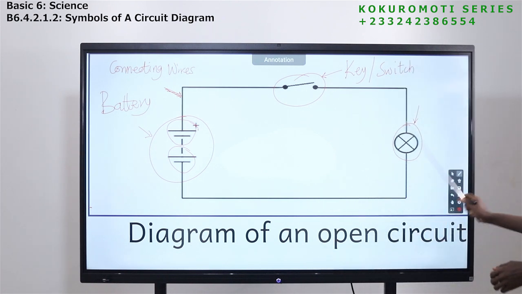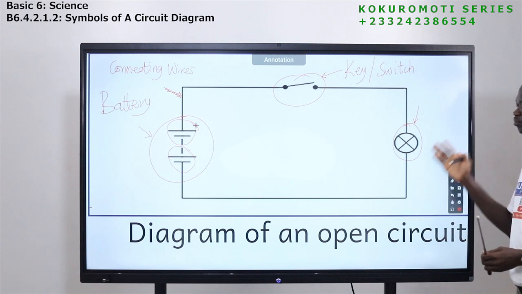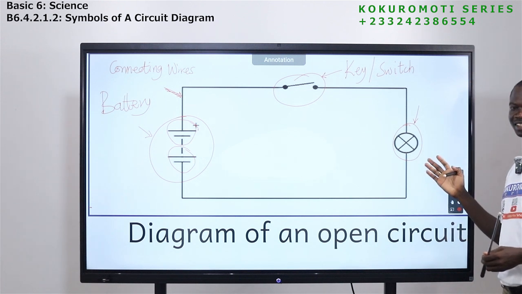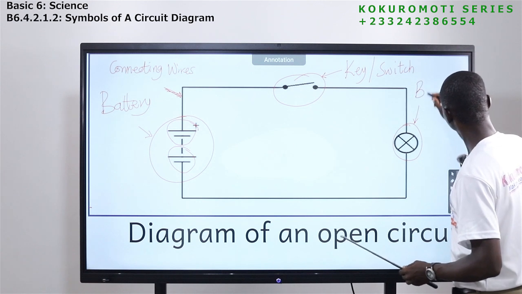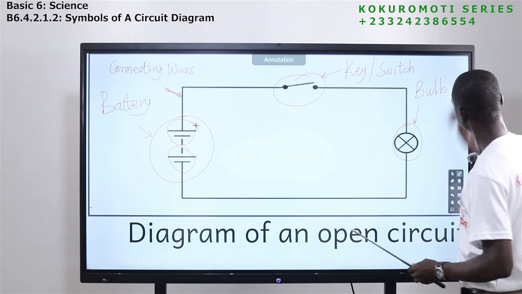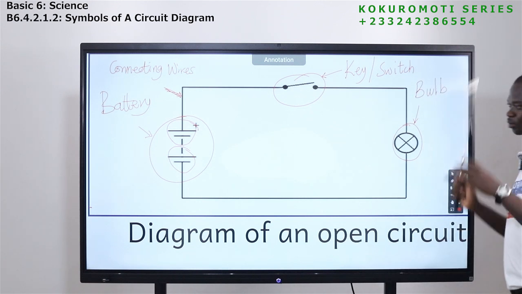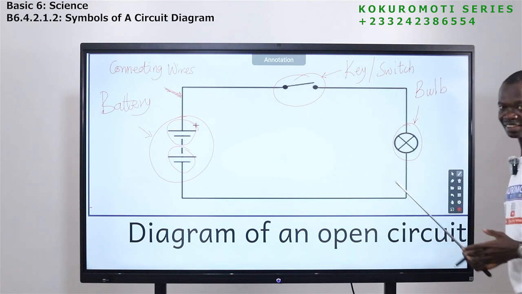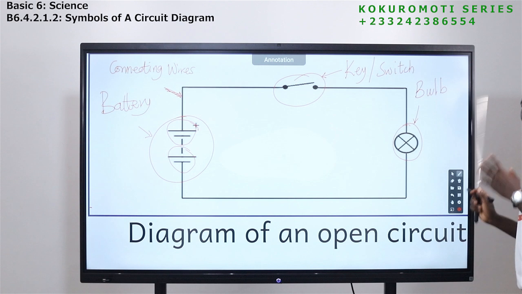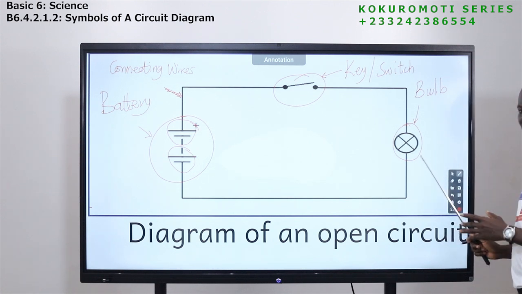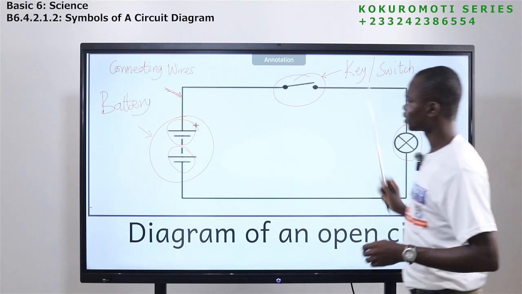Now this side. What is the name for this symbol? This symbol is bulb. Why is it a bulb but not lead? If you look at the symbol, this is how a bulb looks, or this is the symbol for a bulb. Okay, so these are the